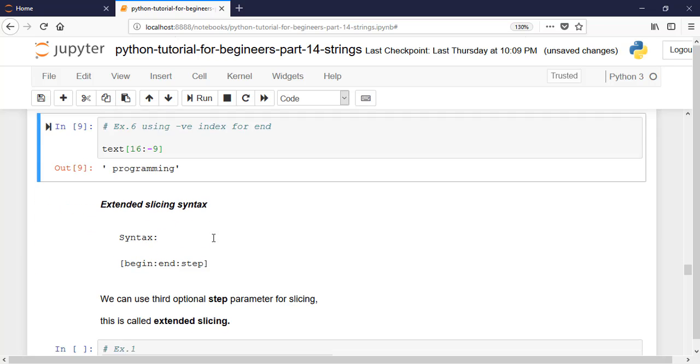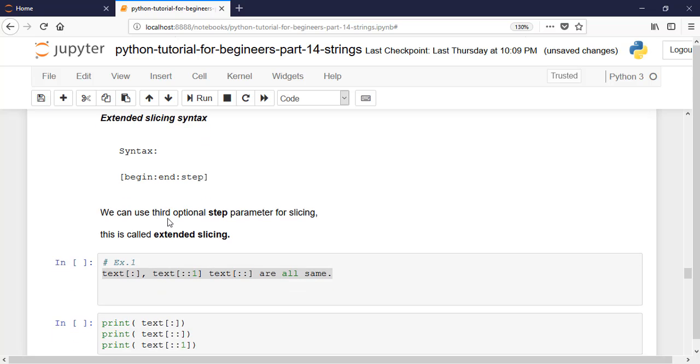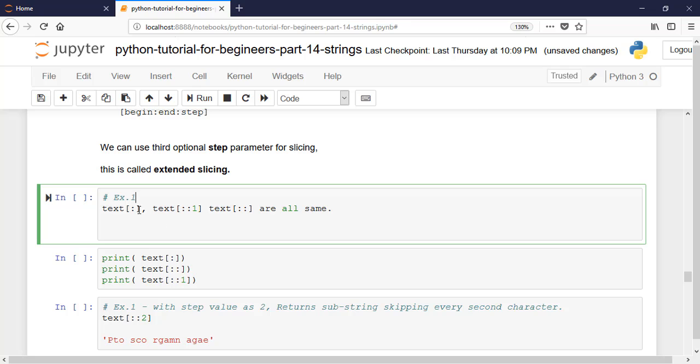Fine. So there is also another syntax where we use extended slicing, with another optional parameter, that is step. With step we can do some more manipulation of the string. This syntax is string, begin, colon, end, colon, step. This part you already know. Another parameter, that is step, we are giving here. Now example 1, where